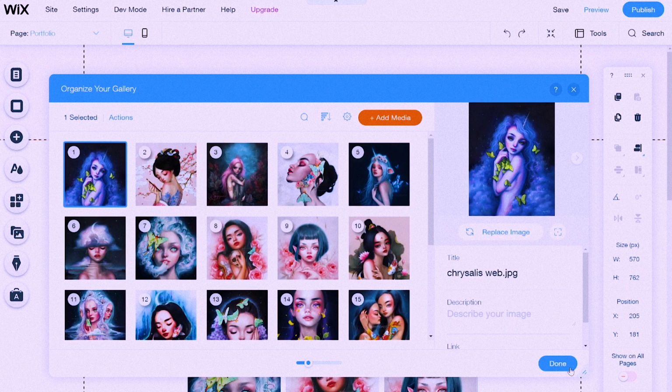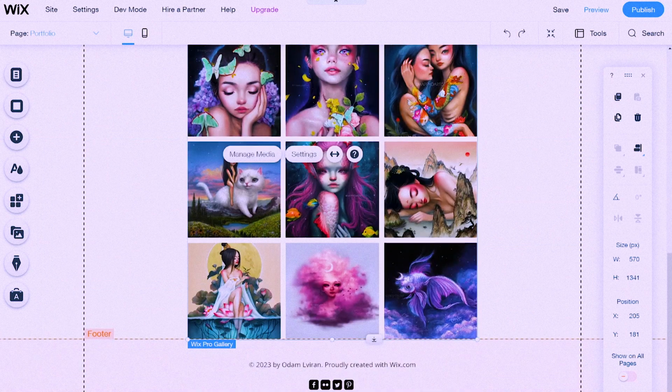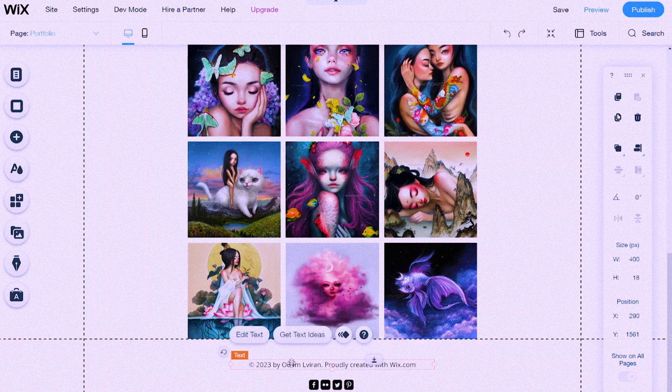And after I finished with the gallery, I noticed that the footer still has some text that needs to be updated, so I will replace their sample name with Happy D Artist.